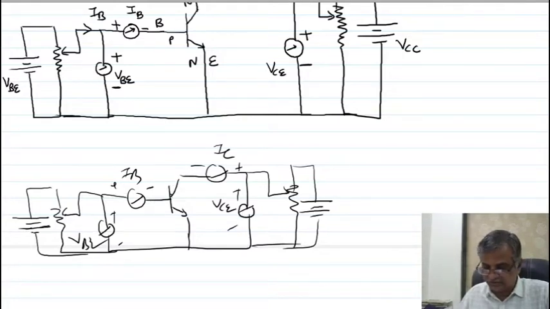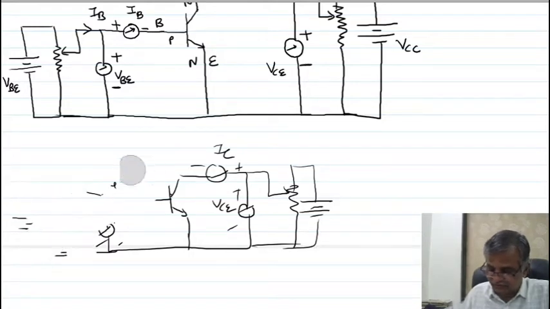This is what? A transistor. Then I connect a current meter, voltmeter, current meter, voltmeter. Then you connect the potentiometric circuit. So this is your positive. Your collector is in reverse bias, and the base must be in forward bias. So I think you understand how to remember the circuit.